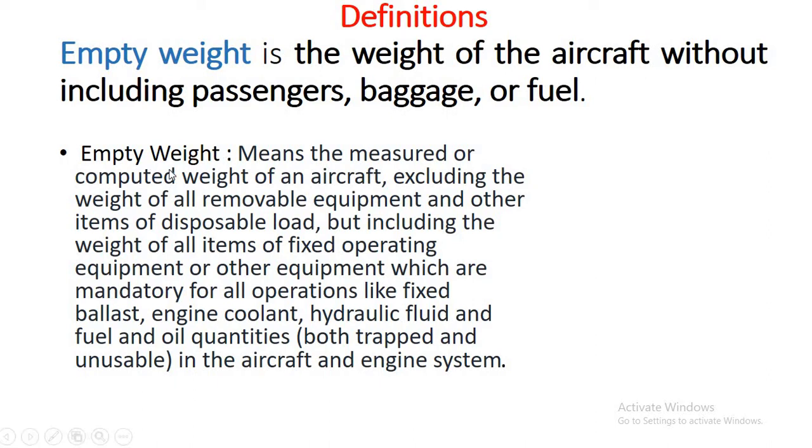Okay, from the DGCA point of view, the definition given in DGCA CAR Section 2 is this. Empty weight means the measured or computed weight of an aircraft, excluding the weight of all removable equipment and other items of disposable load, but including the weight of all items of fixed operating equipment or other equipment which are mandatory for all operations, like fixed ballast, engine coolant, hydraulic fluid, and fuel and oil quantities that are trapped and unusable in the aircraft and engine system. It means empty weight includes the things, fixed and removable, that are necessary for flying the aircraft,